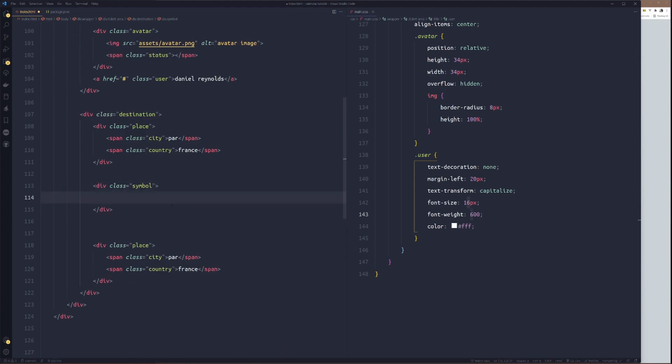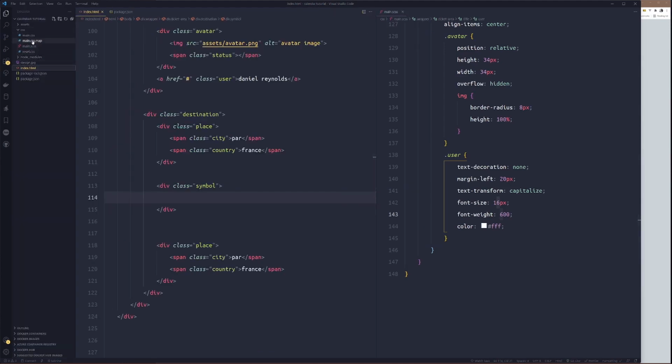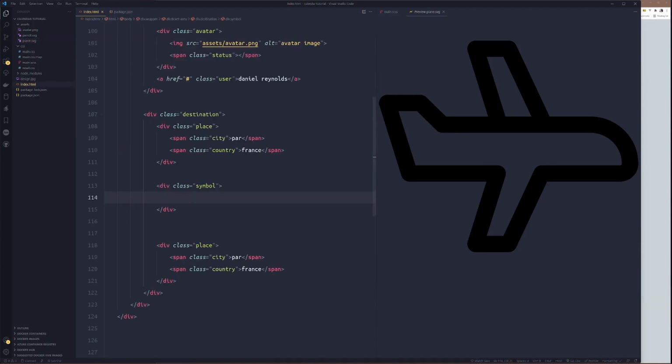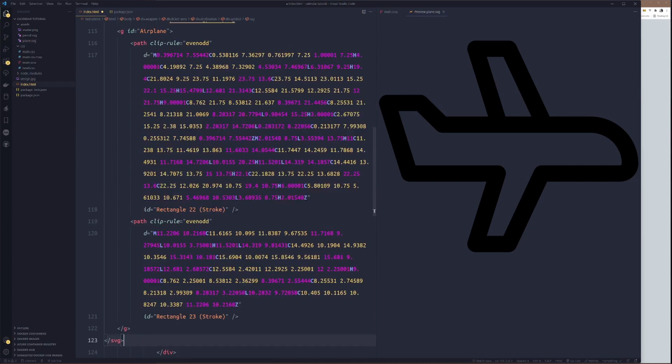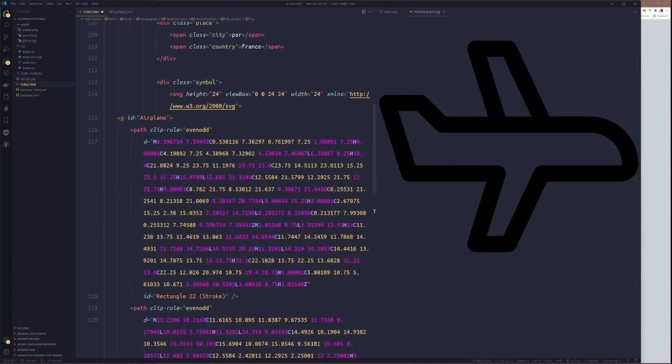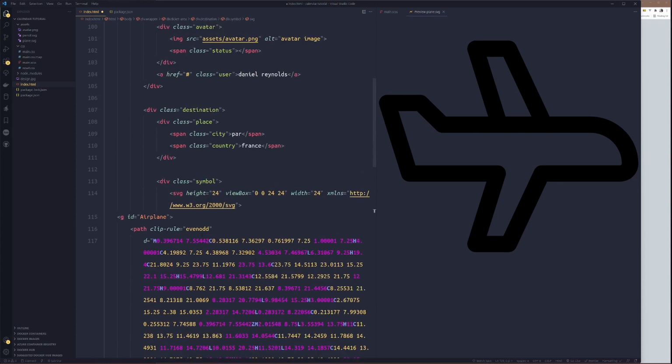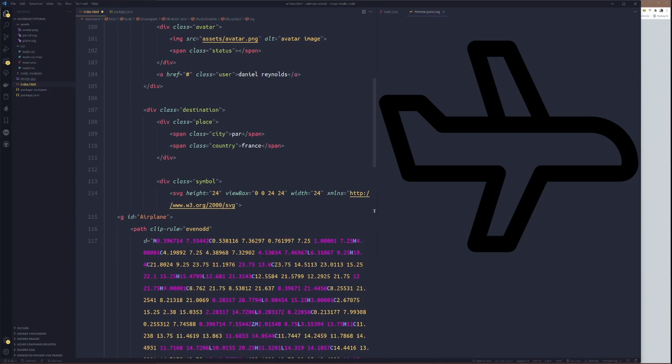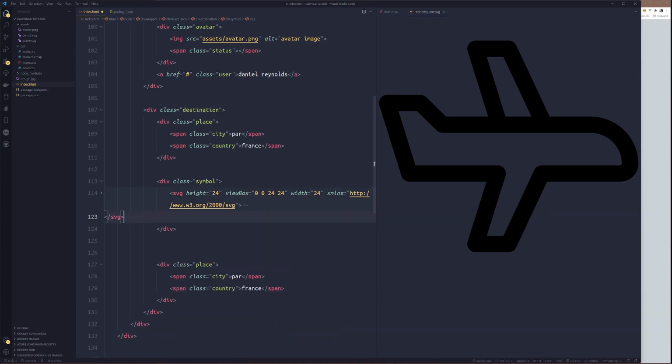To do that, we need two things. We need the SVG for the plane, which is under assets. So for this plane, I'll copy the SVG and paste it.